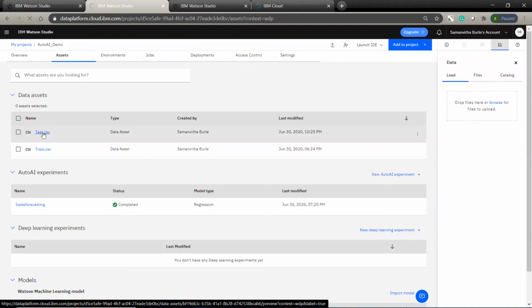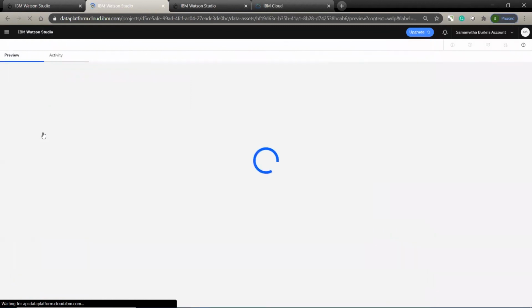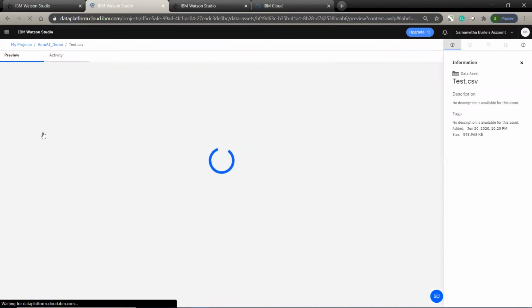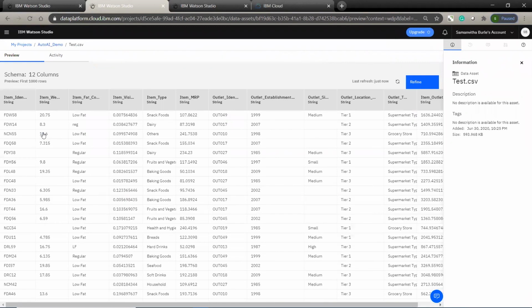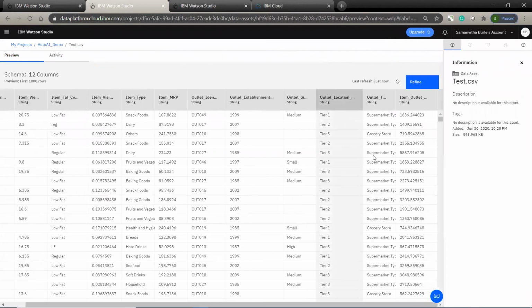We have different features that we are utilizing here. We have the MRP of the particular item, the outlet type, and the outlet location. These are the major features that we are using to build the model. And using all those features, by giving the input schema, we have to predict the item outlet sales here.